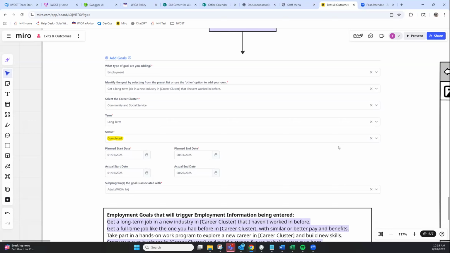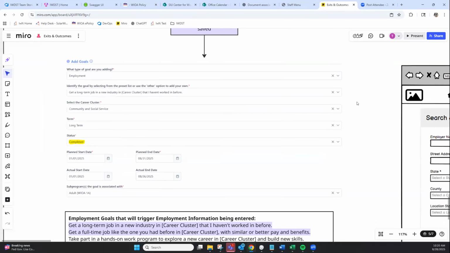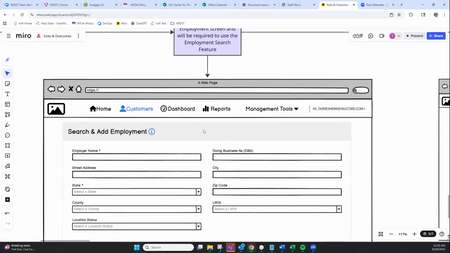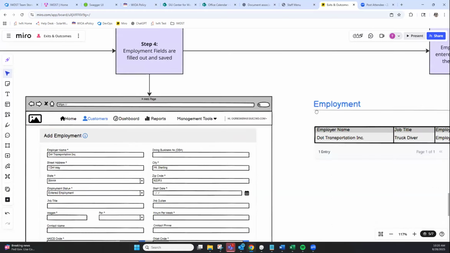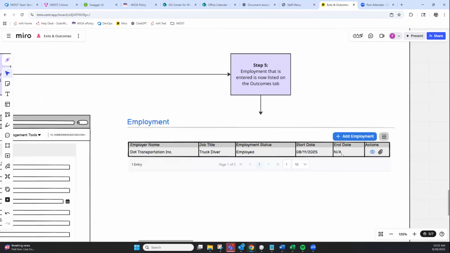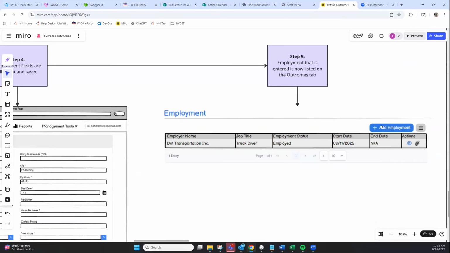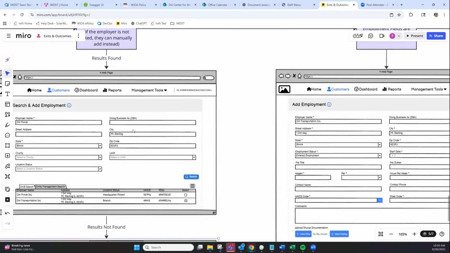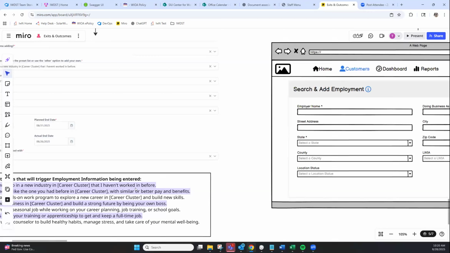However, let's say they didn't find employment at this point in time, you discontinued the goal, but then maybe you find out 2 months later that they did get a job, but you've already discontinued their goal. When you're on that outcomes tab within the customer's information, there will be an add employment button that you can click that will allow you to add employment that way as well. So you can add employment through the actual employment outcomes tab, or you'll be able to add employment only if you are marking one of these goals as